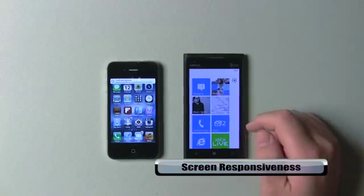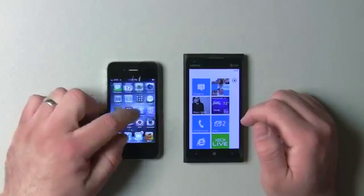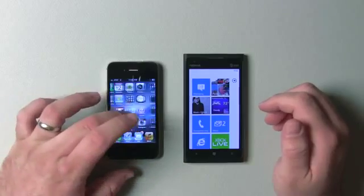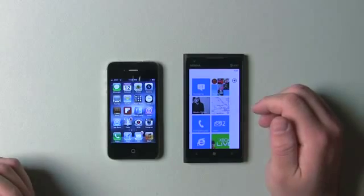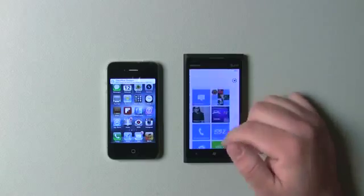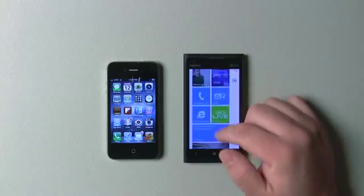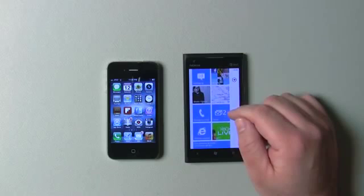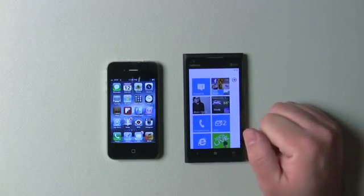However, responsiveness of the screen seems to be a little bit lacking at times. The responsiveness of the iPhone 4S is fantastic. The screen size is obviously a little bit smaller, but the actual response of your finger on the screen seems to be a little bit smoother on the 4S than it does on the Lumia. Your finger just doesn't seem to respond as well, and I don't know if that's due to a software update or whatever they're using, but for some reason sometimes on the 900 I've seen where my finger just doesn't seem to respond. You can see it's moving a little bit, and it's hard to show that,